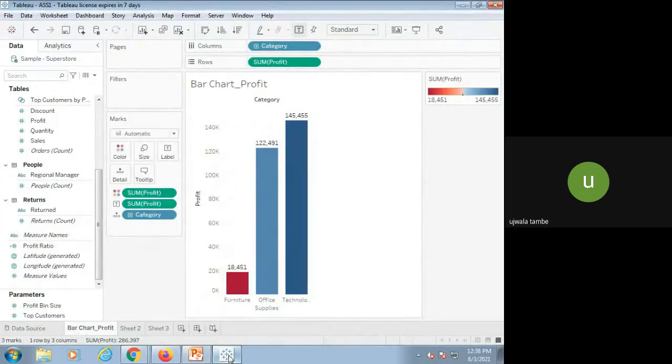Okay, first let me know how many of you have installed Tableau. Please type in the chat box and help others with the installation. Only Achal, Vaibhav. 2 members only. What about others? Prachi.